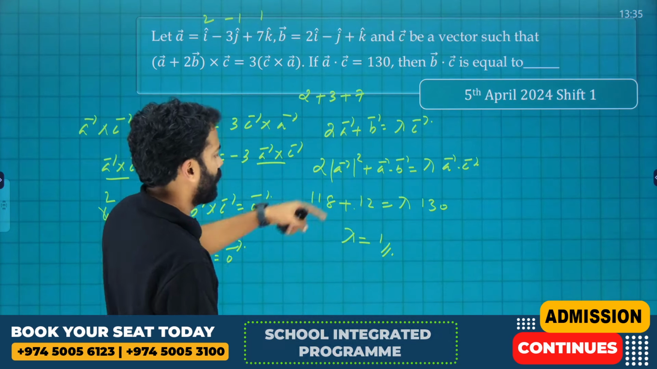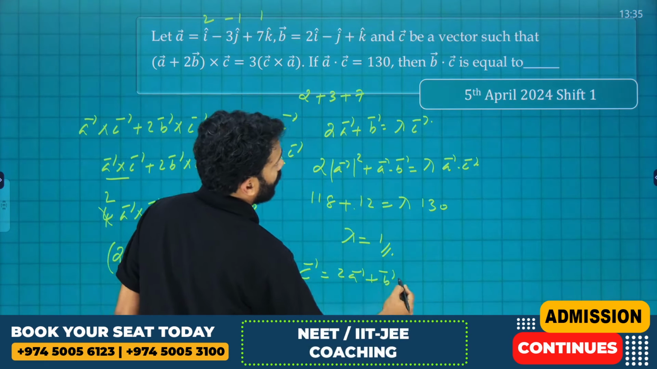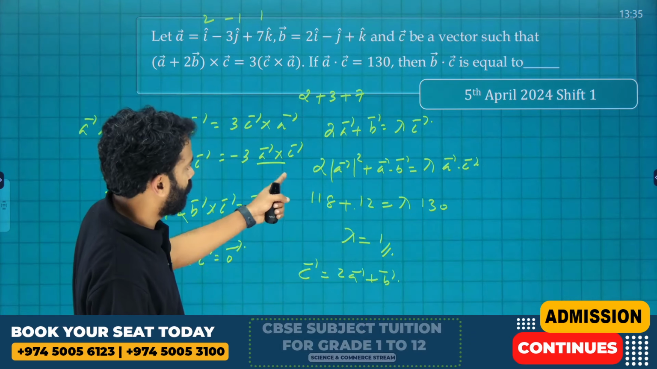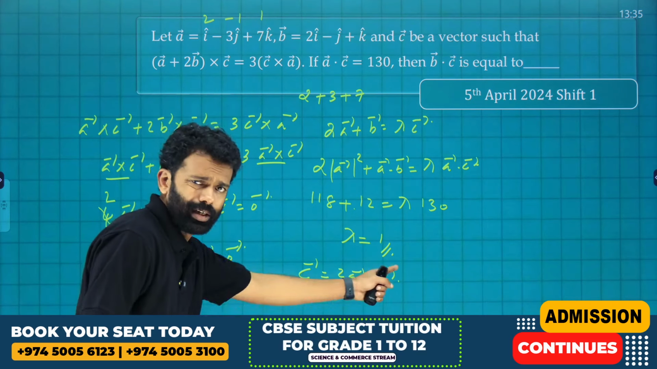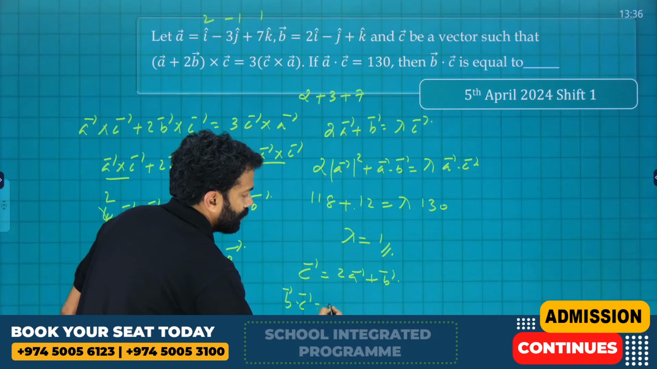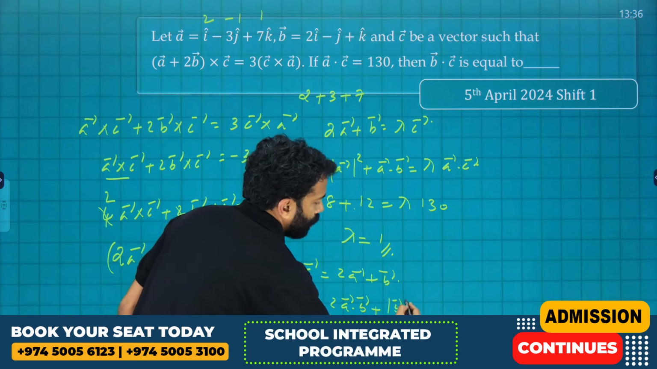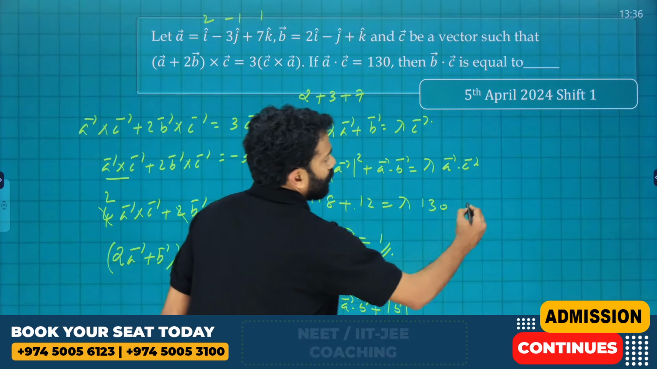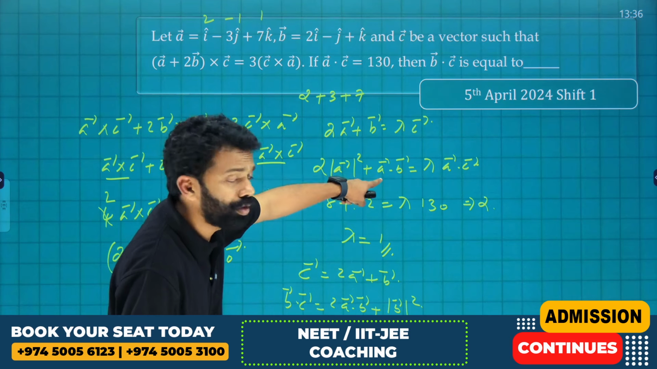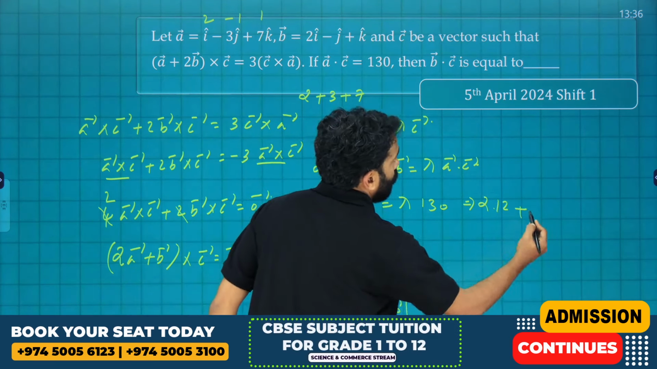That's done then. So what is vector C? That is 2 vector A plus vector B. You need to find vector B dot vector C, right? We can directly apply dot product here. That is vector B dot vector C is equal to 2 into vector A dot vector B plus magnitude of vector B the whole square. That is 2 into vector A dot vector B, we already found that the value is 12. 12 plus